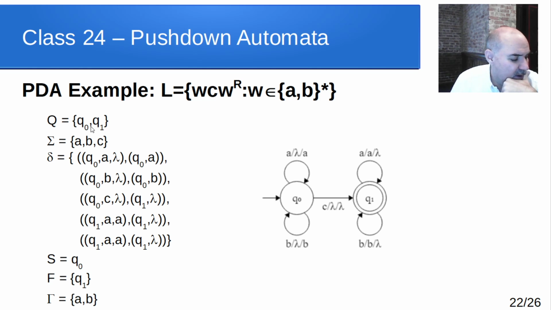Looking at that graph, you'll notice that when I see an A, I push an A on the stack without caring about what's on the stack. When I see a B, I push a B on the stack without caring about that. So this is the part where we're pushing those A's and B's, to make sure they match in reverse. When I see a C, I don't care what's on the stack. I don't push anything on. I just jump over to here to say now I'm at the point where I'm after the C. I'm now going to pull those off in reverse.